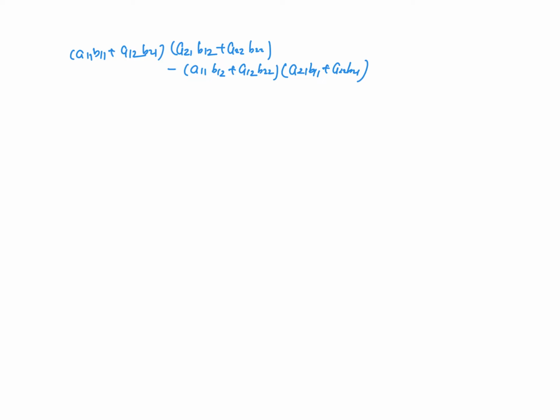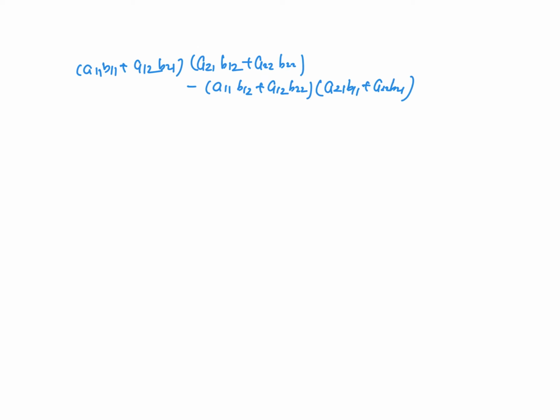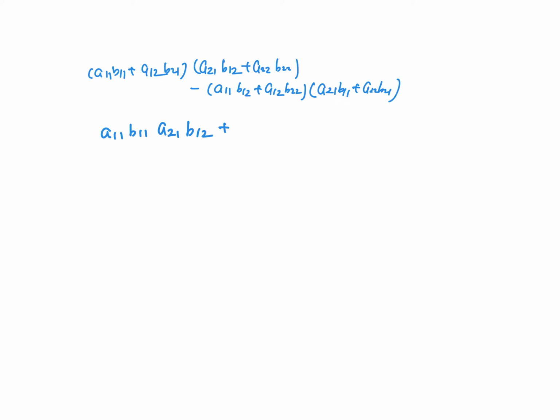So, what do we do? It's only 8 elements, so you just need to be patient. Of course, there are other mathematical methods, but I'm just going to use brute force. So first one, A11, P11, A21, P12, plus Y, it becomes